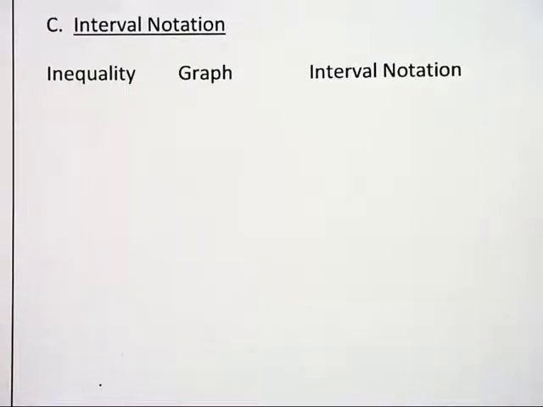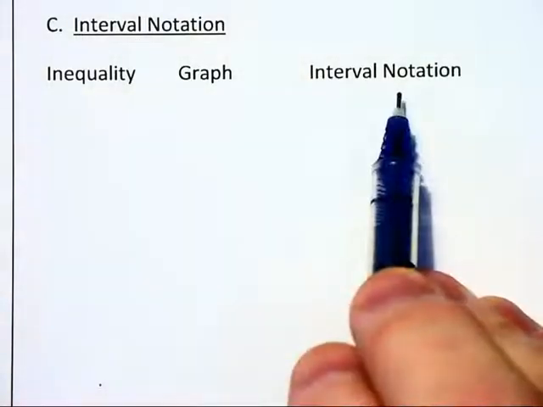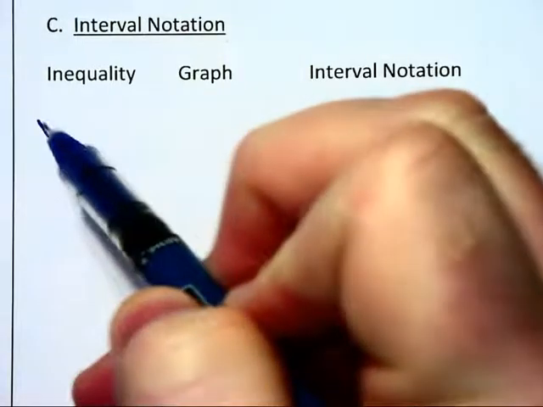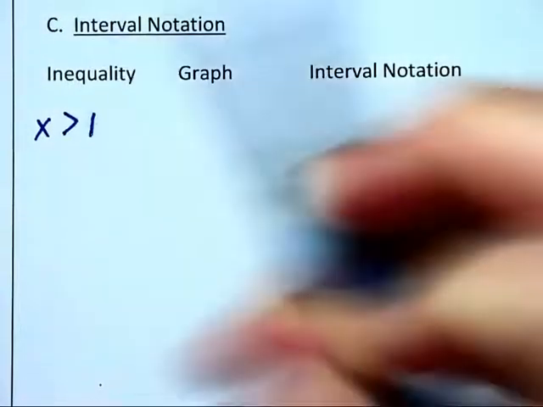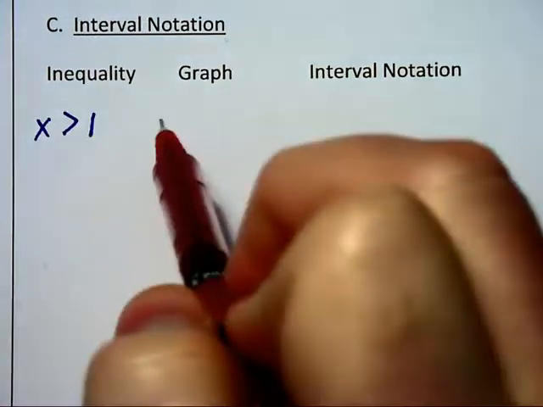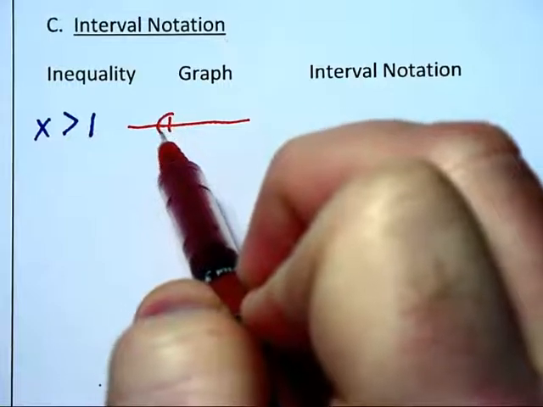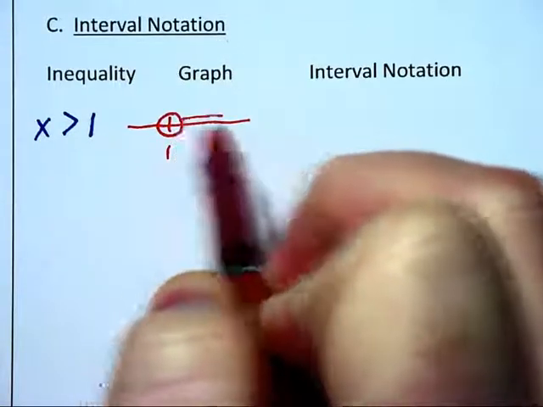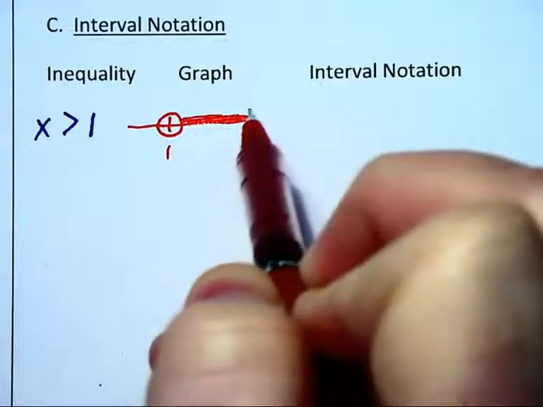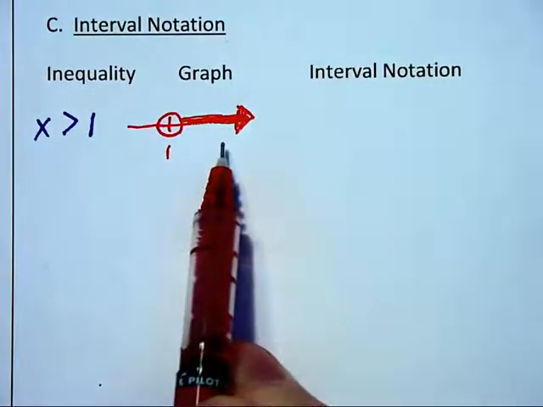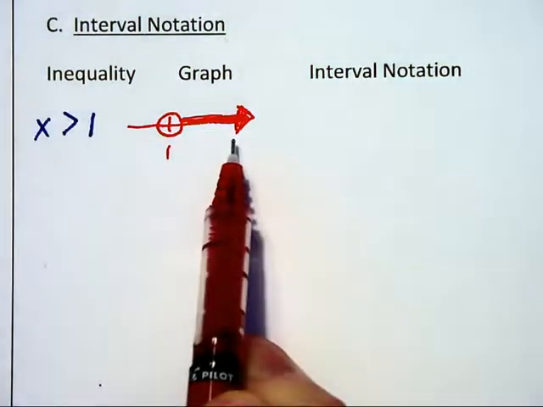Now let's move on and talk about interval notation. And I've got 3 columns here set up, and I'd like to really make sure you understand how this interval notation works. Let's say we have the inequality x is greater than 1. On a number line, and I'm only going to draw 1 as the key number here, we would not be including the number 1, but we would be referring to all numbers that are greater than that 1, like that,